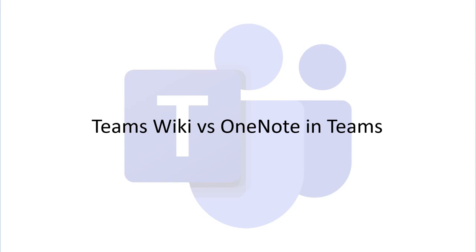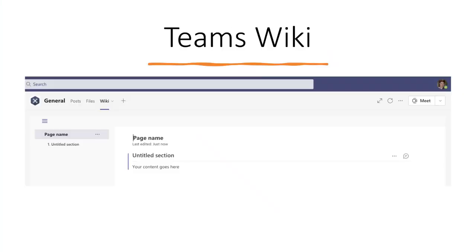Teams. Great, thanks. Yeah, so by default, every team is created with a Teams Wiki. Now, in this context, wikis can be considered a very light version of Microsoft OneNote, in so much as they both have a section and page type of structure, and they both live in SharePoint. Now, Teams Wiki does have its limitations. Teams Wiki will only work inside Teams,